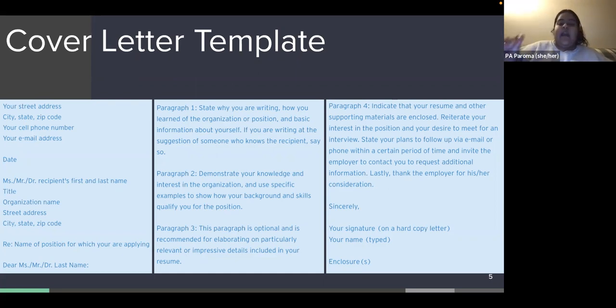So you could say, I heard about this position from John Doe, who works at your company, or John Doe, who works as X, Y, and Z at your company. And it's always good to mention if they recommend the job to you as well. Then your second paragraph would be specific to yourself and the responsibilities and requirements they're looking for in